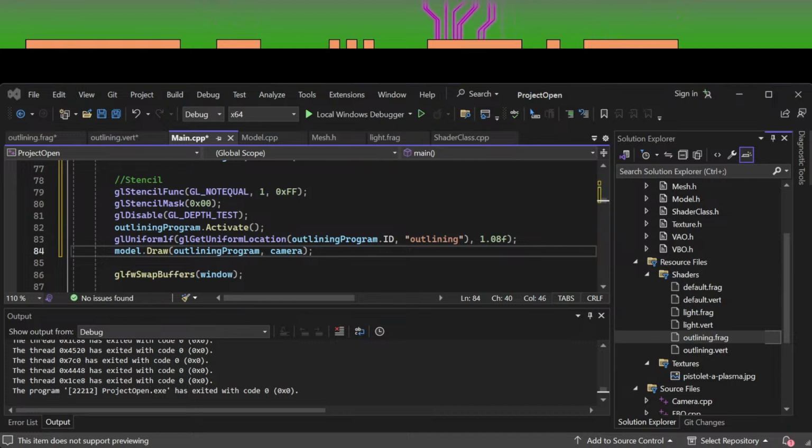So the last step we need to do is to enable writing to the whole stencil, clear it by always passing the test and replacing the values with 0, and enabling the depth buffer. Now, if